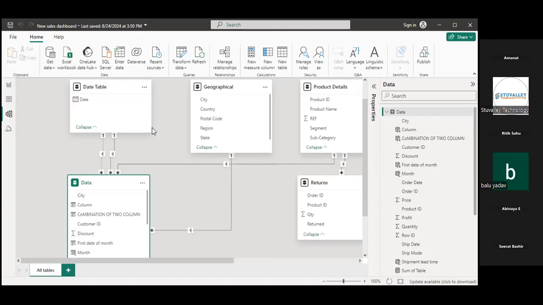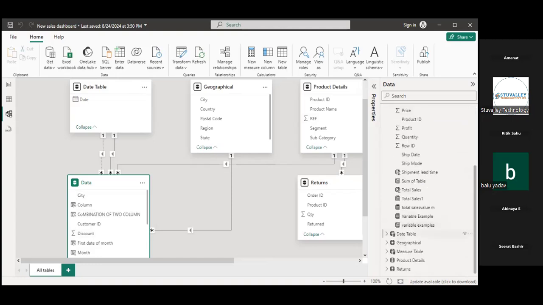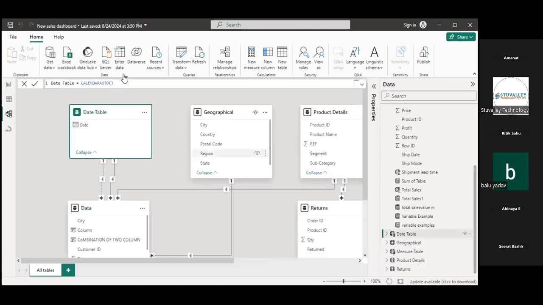No one. Okay. So let's check, where is our date table? I show you. For date table, we use calendar auto. But what does the calendar function do? Calendar function हमें क्या देता है, हमें हमारे एग्जिस्टिंग डाटा में जिस डेट से जो मिनिमम ईयर है और जो मैक्सिमम ईयर है उसका एग्जैक्ट डेट वो हमें देता है.